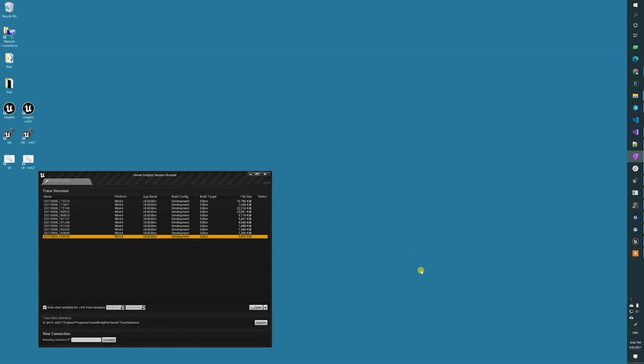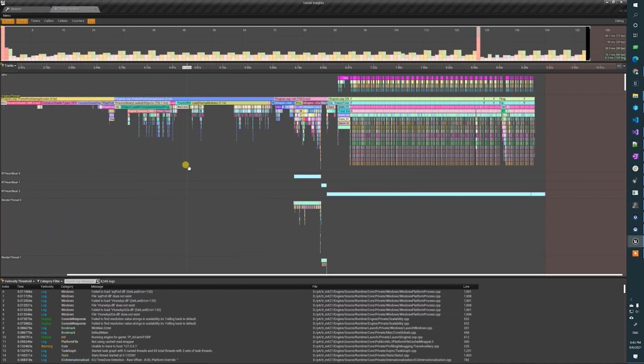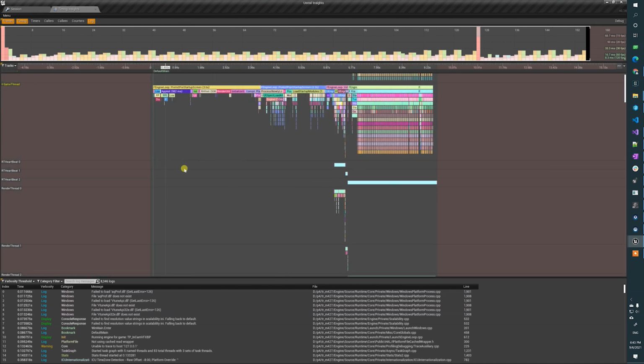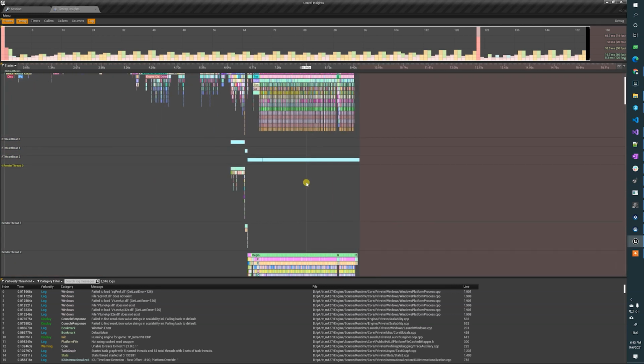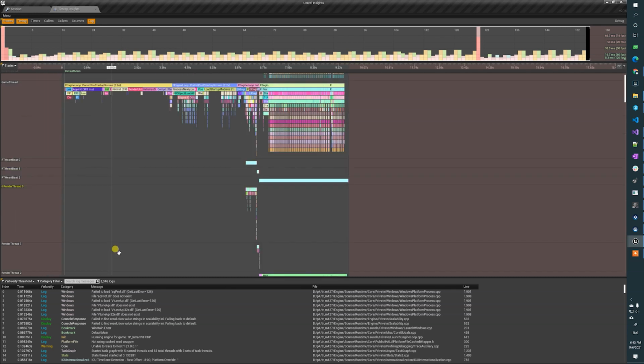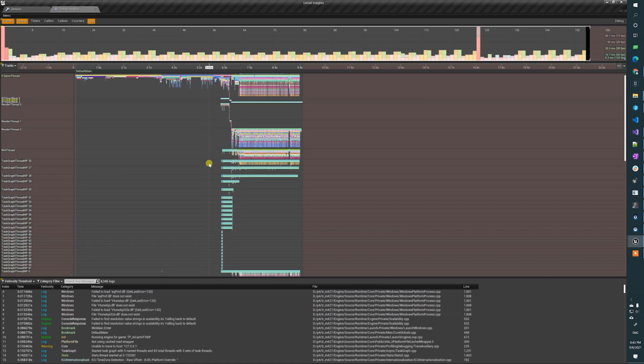A couple more things that may turn out to be useful when you're looking at your logs. I'm going to reopen this one. If you find that you want to reorganize things because you're interested in something that, let's say, this render thread is pretty far from that one, you have a few options. If you just press the letter C, it'll give you a compact mode, a really high level, vertically compressed overview of what's going on.